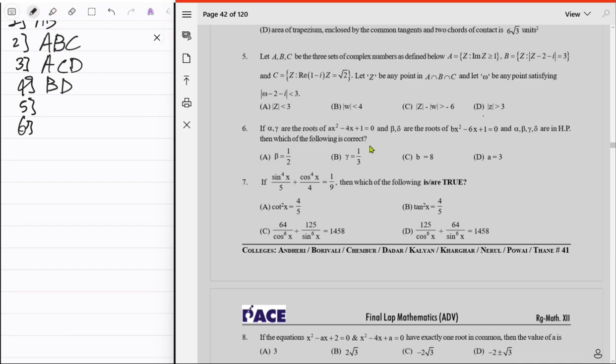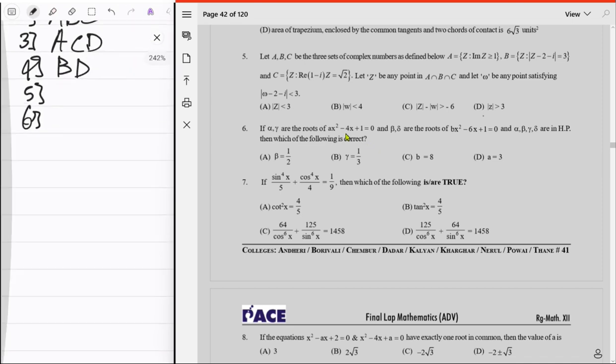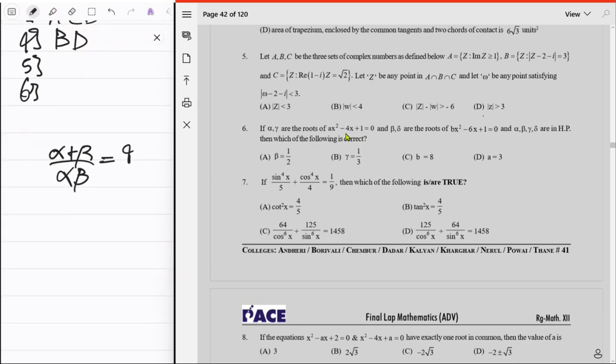बस क्या कह दिया अपने को, कुछ खास दिया तो है नहीं, जस्ट ये दिया है कि अल्फा बीटा अपॉन अल्फा और लाइक अल्फा प्लस बीटा अपॉन अल्फा बीटा दैट इज इक्वल टू 4. ओके, और क्या दिया है? बीटा गामा बीटा डेल्टा का एक्चुअली दिया है, और दिया है बीटा प्लस डेल्टा अपॉन बीटा डेल्टा इज इक्वल टू 6 and alpha, beta, gamma, delta are in HP. I think in that particular, right? Oh, that just means ki,